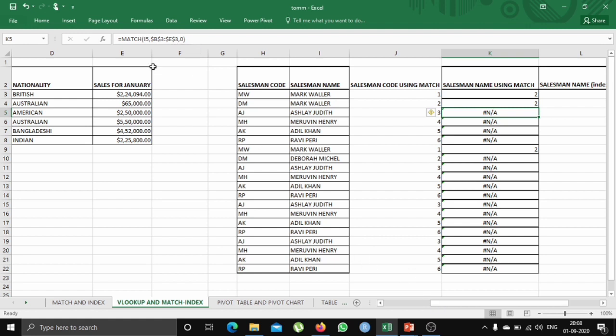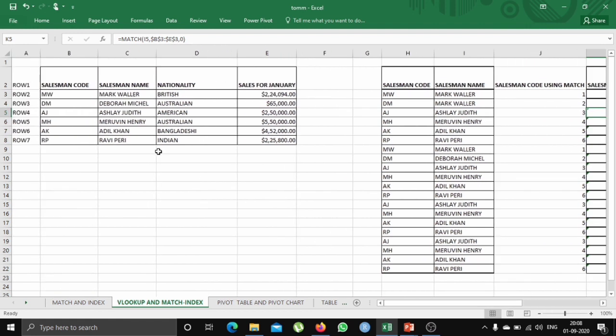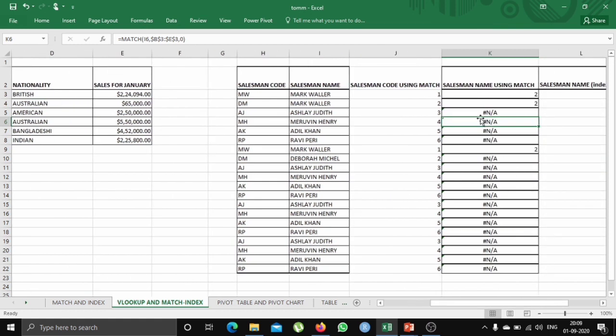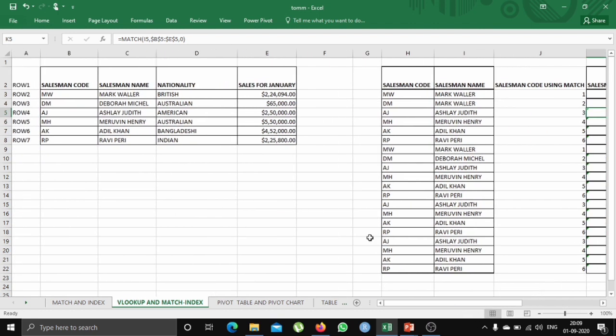We want the row number to be from B5 to E5. So let's change. Press enter. So you will get the value for Ashley also. So let's check whether we have got the correct answer or not. Yes, this position is second in the row.